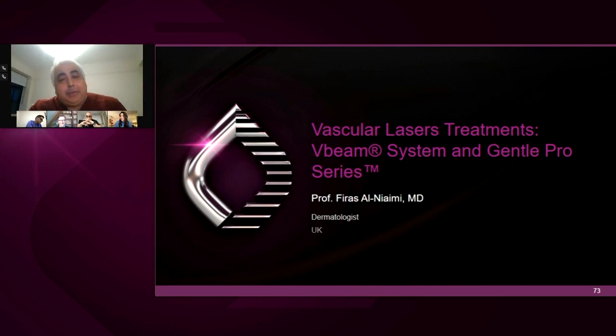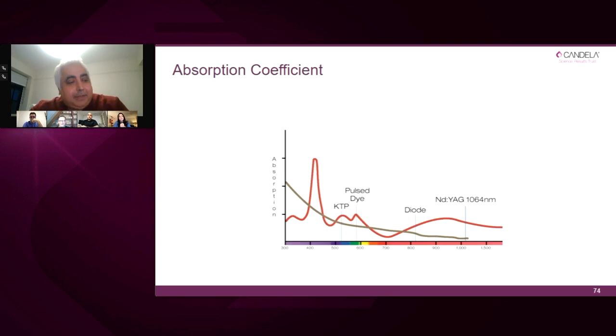So I'm going to talk about something different. I do have the Norlis platform, including the non-ablative fractional handpieces that Professor Bjerring already mentioned. But I also have the V-Beam Perfecta and the GentleMax Pro Plus. And the V-Beam, in fact, is something that I was using before I had my Norlis platform. So I'm going to be the only speaker in this webinar who's going to talk about the V-Beam Perfecta, because I know my other two colleagues were going to be talking about the Norlis. So let's talk a bit about the V-Beam Perfecta.